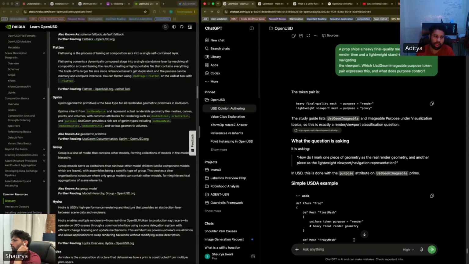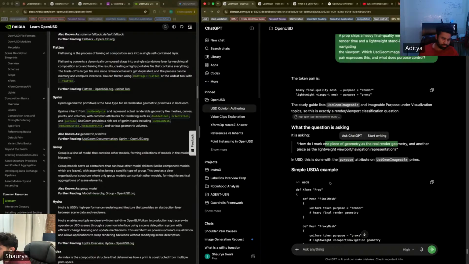Heavy final quality mesh, purpose render; proxy, lightweight viewport mesh. The study guide lists USD geoimageable and imageable purpose under visualization topics, so this is exactly a render versus viewport classification question. It is asking how to mark one piece of geometry as the real render geometry and another as a lightweight viewport navigation representation in USD. This is done with the purpose attribute on USD imageable prims.